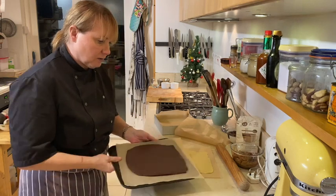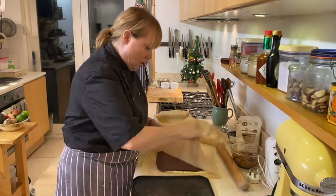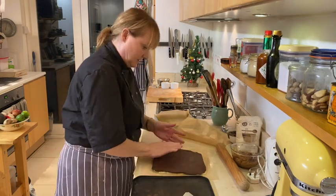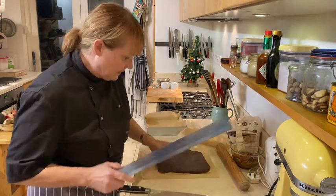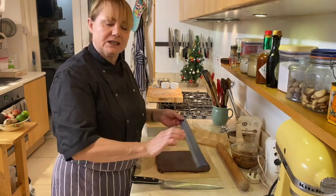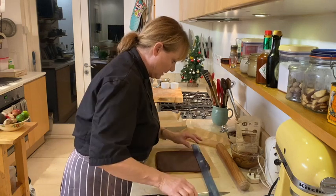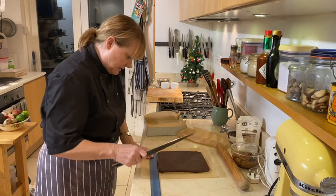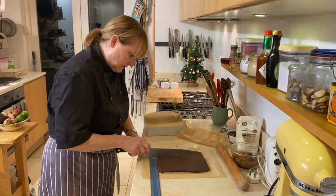I'm going to very carefully flip this one over and pop it on top. Should both be the same size. And so I've got a layer of chocolate and a layer of vanilla. I'm going to do 3 centimeter bursts, or just over 3 centimeters. Just square this off. I'll do it like that, and I will go 1, 2, 3, 6,